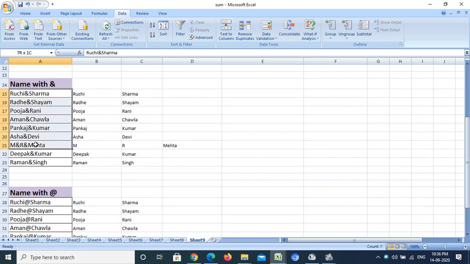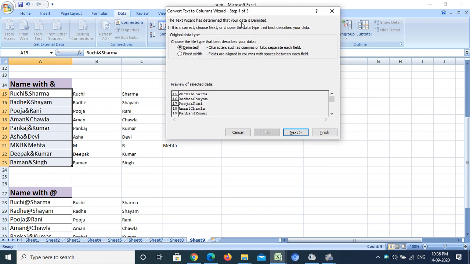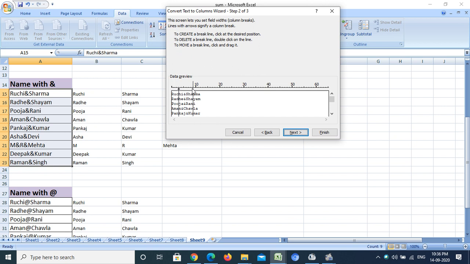Now you can see another example. Suppose I want to split it in fixed width. I have to first select it. After that, I press this option, Text to Columns, Fixed Width. Now I want two separators. I want to split my text into 3 columns. That is, I want RUC, 3 alphabets, in one column, some in the second column, and the rest in the third column.